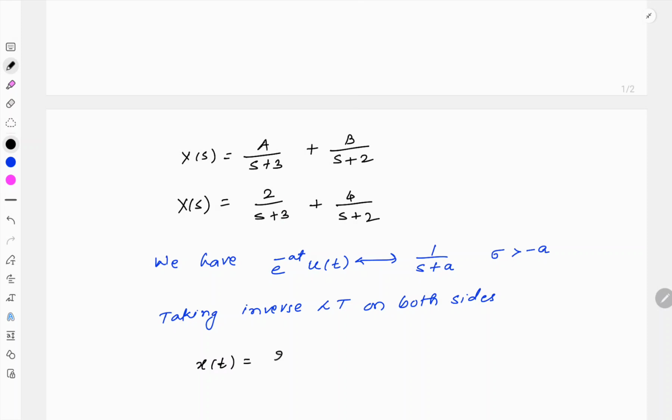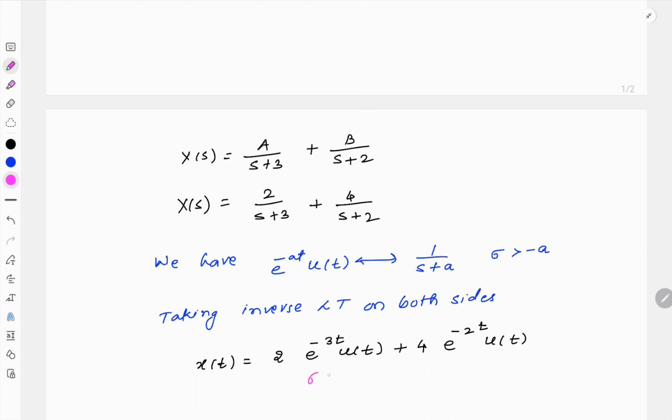So 2 is the coefficient, so it will be as it is, and 1 upon s plus 3 will become e raised to minus 3t u of t, plus 4 into 1 upon s plus 2 will become e raised to minus 2t into u of t, and here the ROC will be,